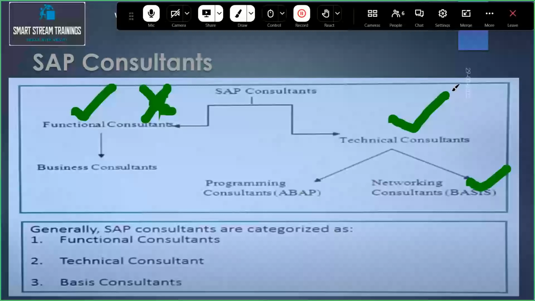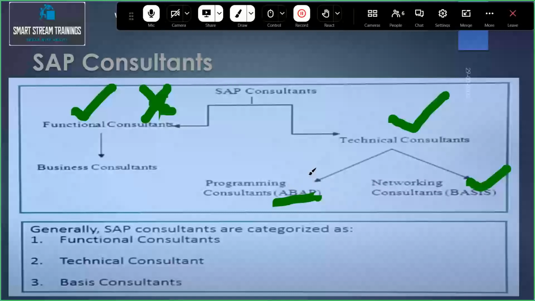Whatever coding part is involved, reports or any coding-related activity, is performed by the technical team. The language here is ABAP. Like C, C++, Java, .NET, the SAP-level technical language is ABAP, Advanced Business Application Programming.